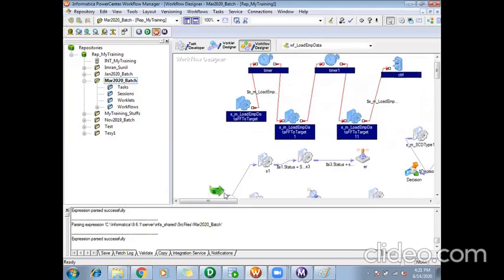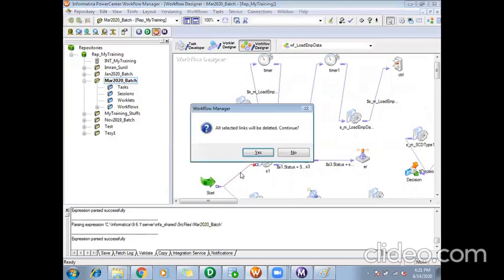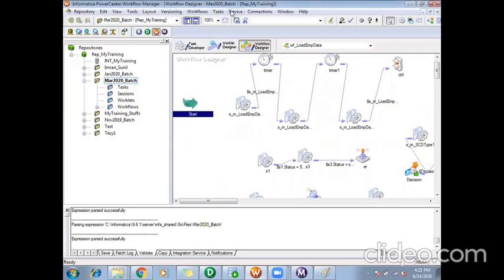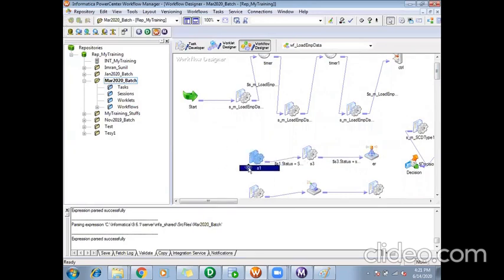So as soon as you start the workflow, you link it here, something like this. And if the batch is completed successfully, then you will link it directly to your workflows, to the other tab.